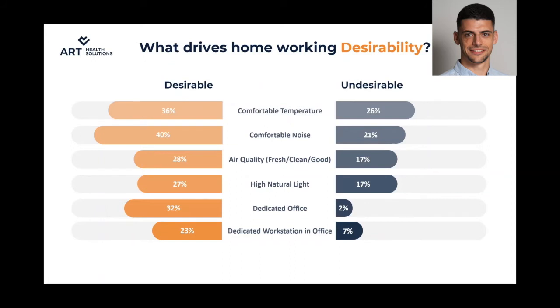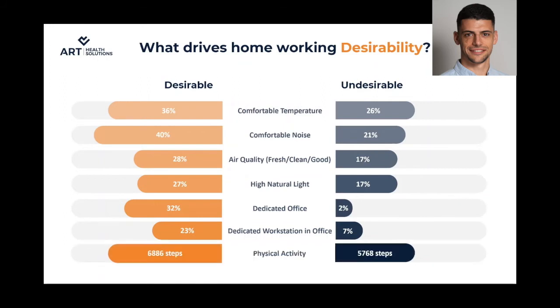So the last point I'll touch on is, I suppose, to provide some food for thought. When the individuals had a desirable working environment, what we also saw was that they performed an extra 1,000 steps per day. Now, unfortunately, I don't know what the cause and the effect is here, but the question is certainly interesting. Are happier, better performing employees who are more satisfied with their workplace also motivated to perform greater levels